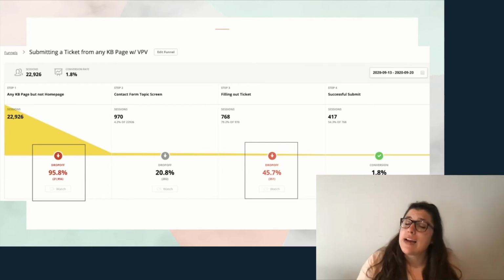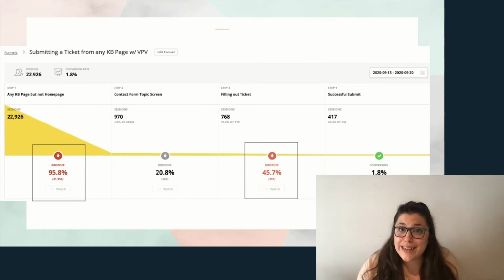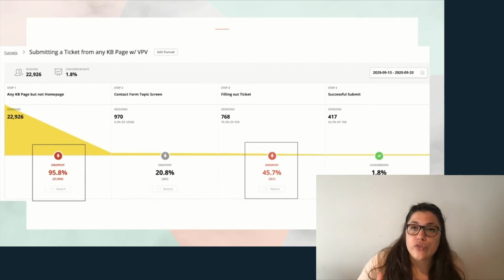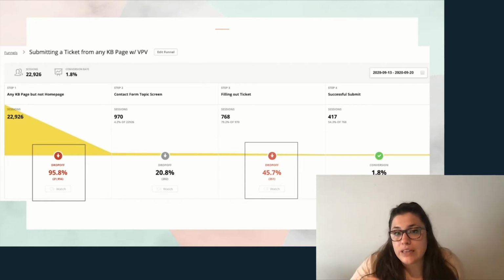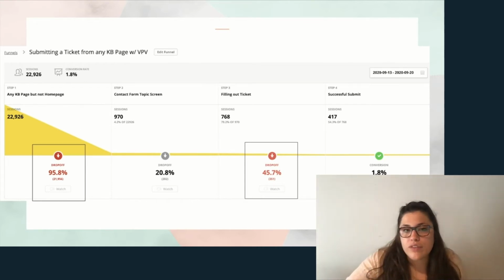We can also go back to our handy dandy Google Analytics or standard stats so that we can see what our referral pages are. So where are they dropping off from, and the exact docs that they're leaving from. So if they view X doc, they leave. Rather, if they view Y doc, they stay and they try to reach out to us for a ticket.